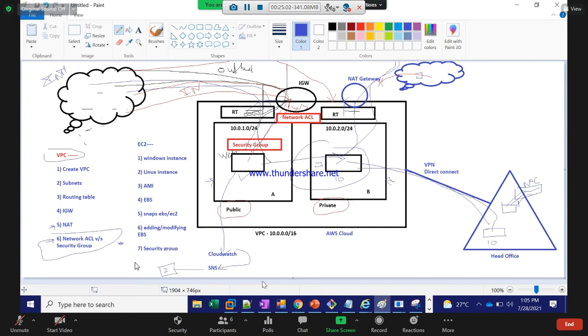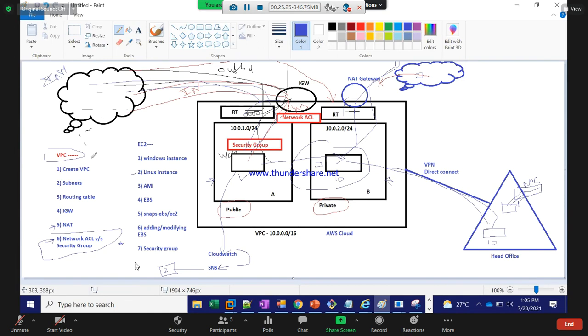Yesterday I was talking with Nazim. He said he is stuck somewhere at the Linux instance.